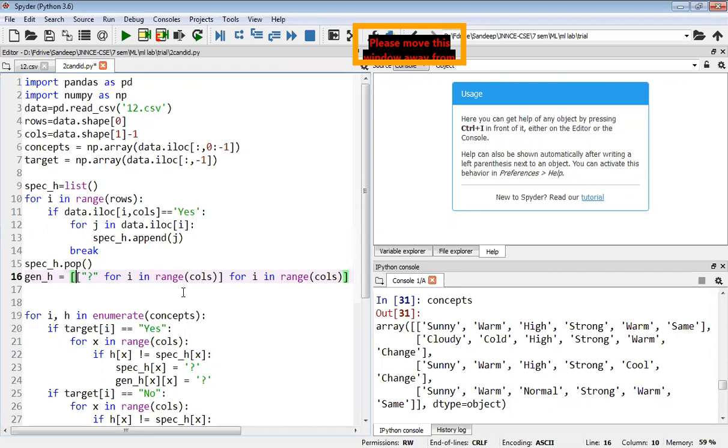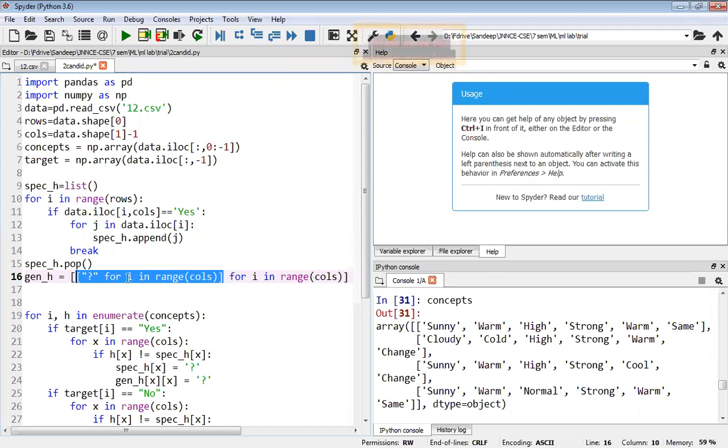So what are you storing in that list? There are two for loops over the range of columns, and the column value is 6 in both. How many items will be stored in general_h, and what items? Whatever I have highlighted is one list, and it will be inserted 6 times, so the for loop runs 6 times and creates 6 rows.